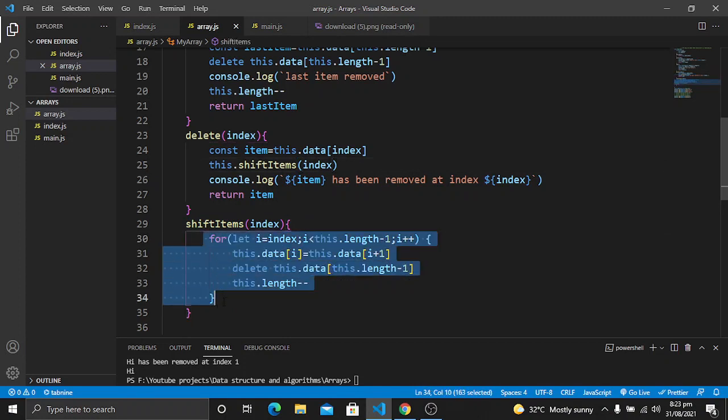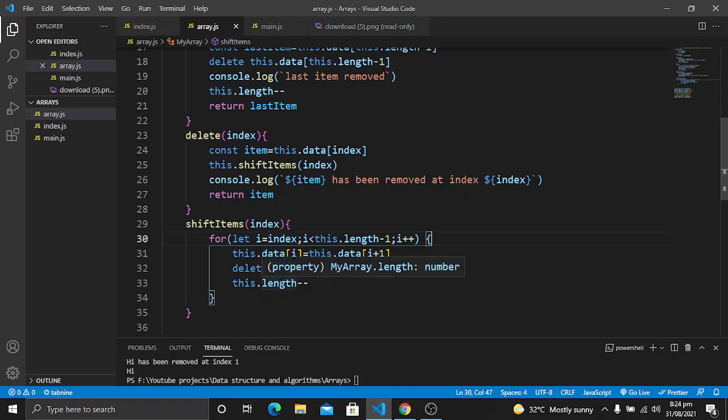We will run a for loop. At this index we will run the for loop until this.length - 1. We will increment the count, and this will shift items one position backward. For example, if we are removing the item at index 3, then index 3 will be an empty one.